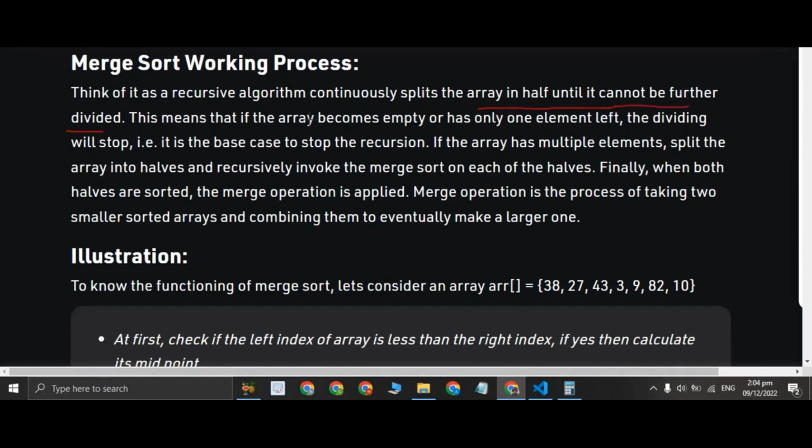This means that if the array becomes empty or has only one element left, the dividing will stop. In the base case, to stop the recursion, if the array has multiple elements, split the array into halves and recursively invoke merge sort on each of the halves. Finally, when both the halves are sorted, the merge